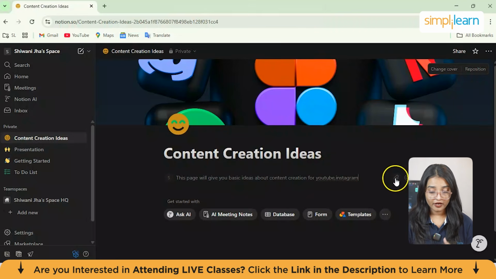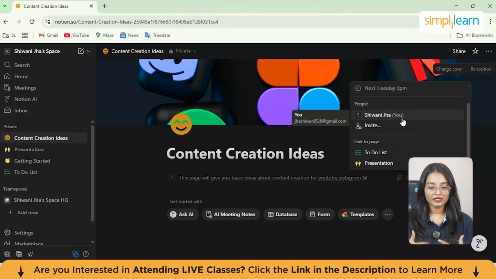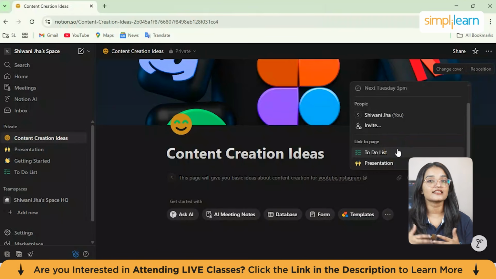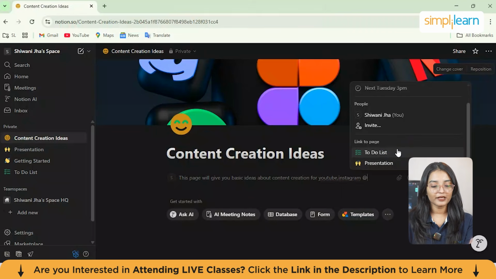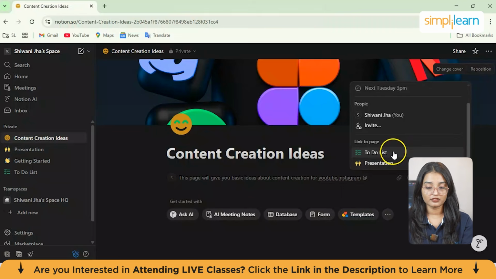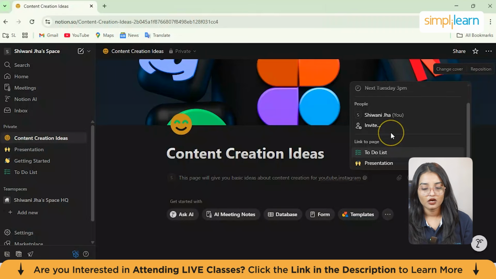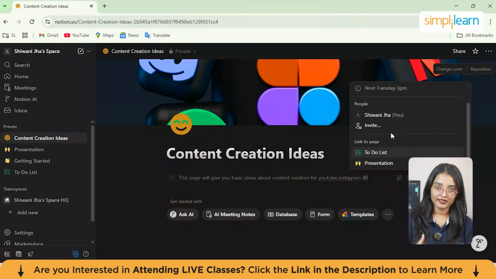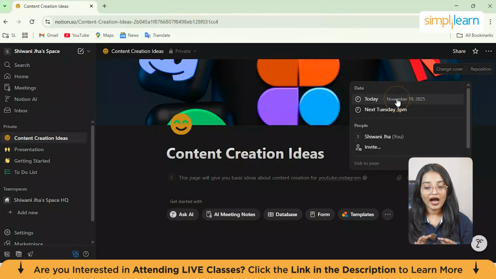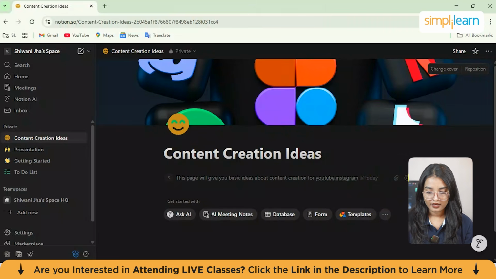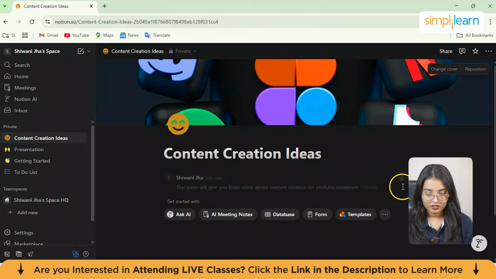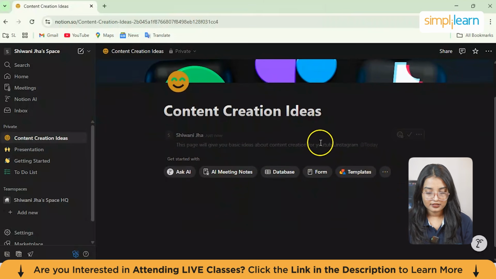You can also attach a file. Right now I have only myself added in this workspace. You can also link to this page by adding any existing other pages, like we already have in the pages section, right? To-do list, getting started, the presentation one. So you can actually attach the link here if you want people to just click on that link and go back to that particular page. But we won't be doing that in this case because we are creating it from scratch. All right, you can add a date as well, which will start from today, let's suppose. And I've mentioned it as today. And then I'll just hit enter. So yeah, this is the comment here.